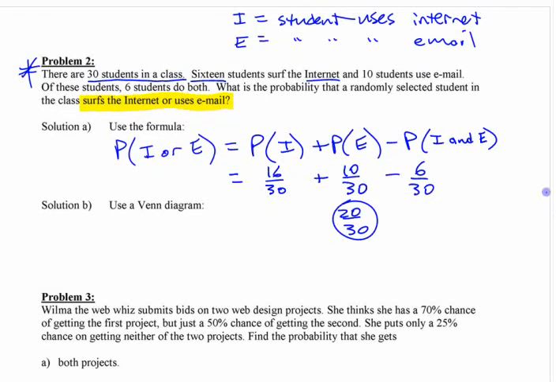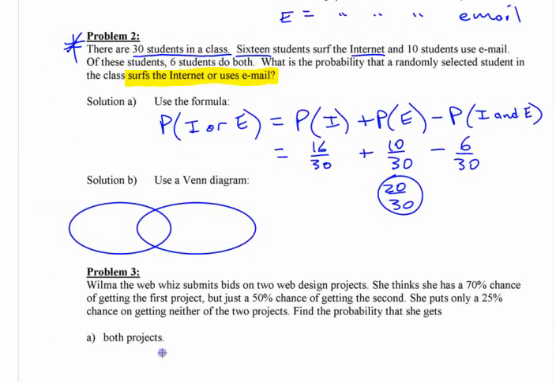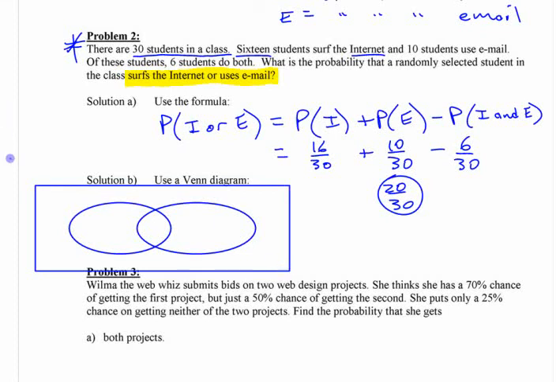If you're more of a visual person, you can make a Venn diagram, right? And Venn diagrams don't have to be circles, by the way. They can be whatever shape you want, rectangles, ellipses, anything. If we're making this Venn diagram here, maybe make a rectangle around the outside to show the rest of everything there. If this is going to be I and this is going to be E,